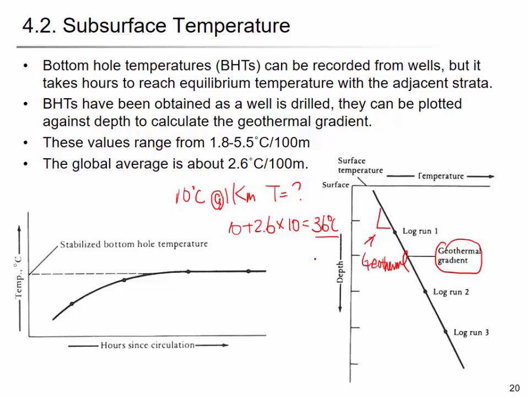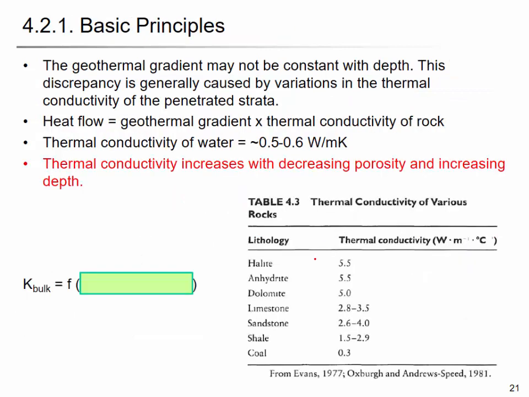Actually, there is variation from region to region. So the basic principle: the geothermal gradient may not be constant with depth, and this discrepancy is generally caused by variations in thermal conductivity of penetrated strata. So you have a constant heat flow from the core of the Earth, a heat flux,